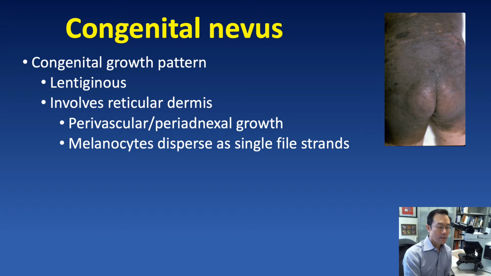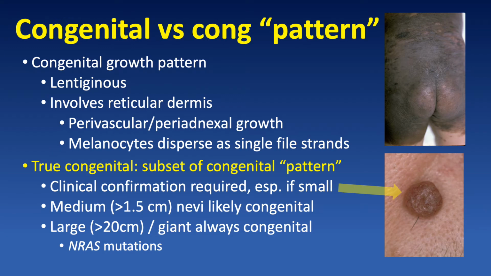And congenital nevi, by definition, involve the deep or reticular dermis. Characteristic features include a perivascular and periadnexal growth pattern and dispersion as single-file strands of melanocytes. Now, it's recognized that this congenital growth pattern is also a typical feature in small acquired intradermal melanocytic nevi. And so the true congenital nevus, as defined by clinical presence at birth, is really just a subset,